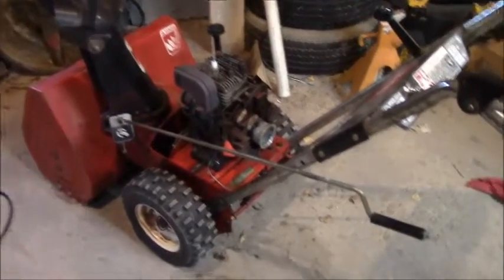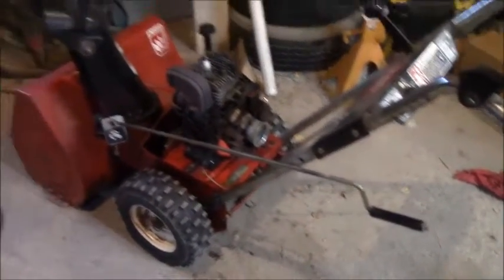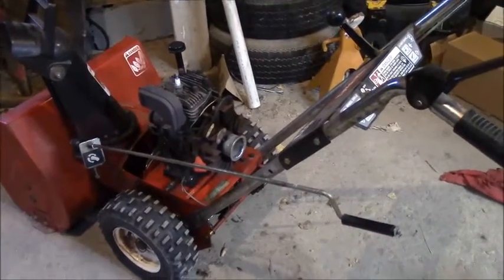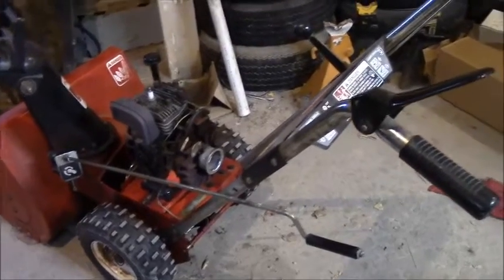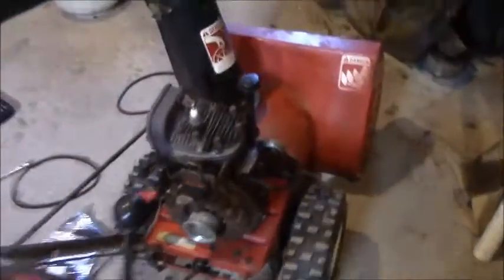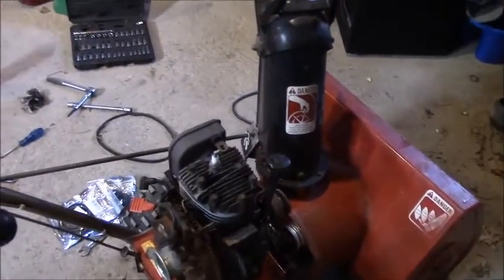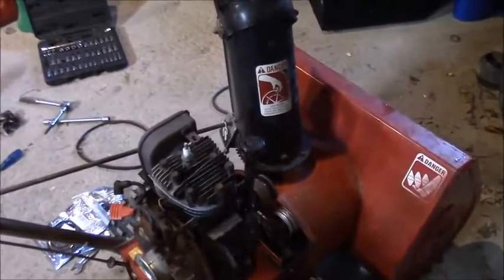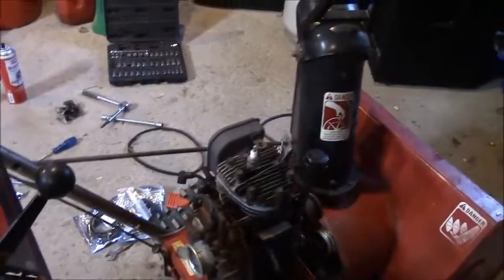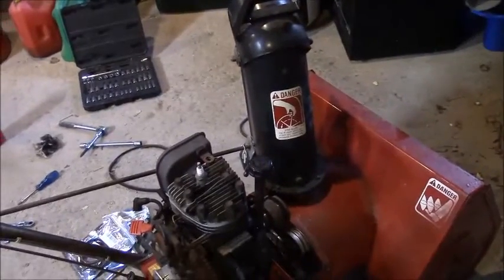Well, the other year, it might not have been last year, it might have been the year before, it started blowing oil all over the place. So it's been sitting, and I was worried that something was severely wrong with the engine. Now we'll come back to this in more detail, but I've had the head off already. And I've checked for any wobble in the piston, any play in the rod bearings or anything, and it's tight as hell. So I pulled off, and I'll show you how to do that,